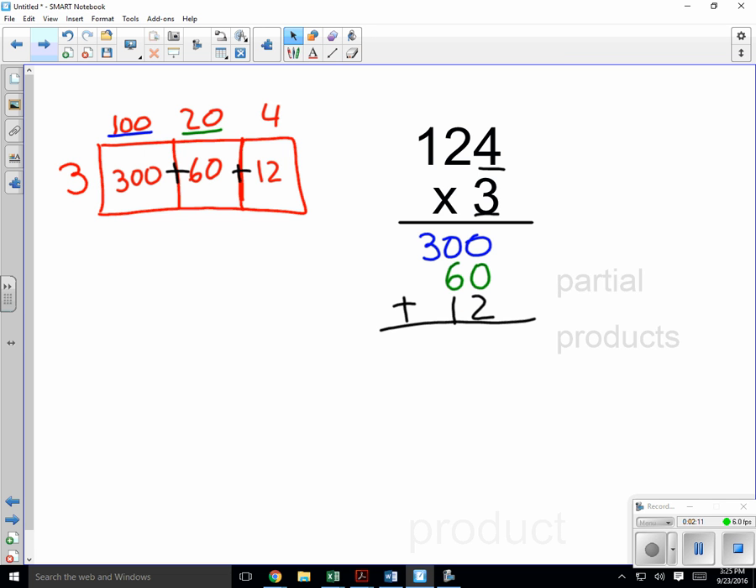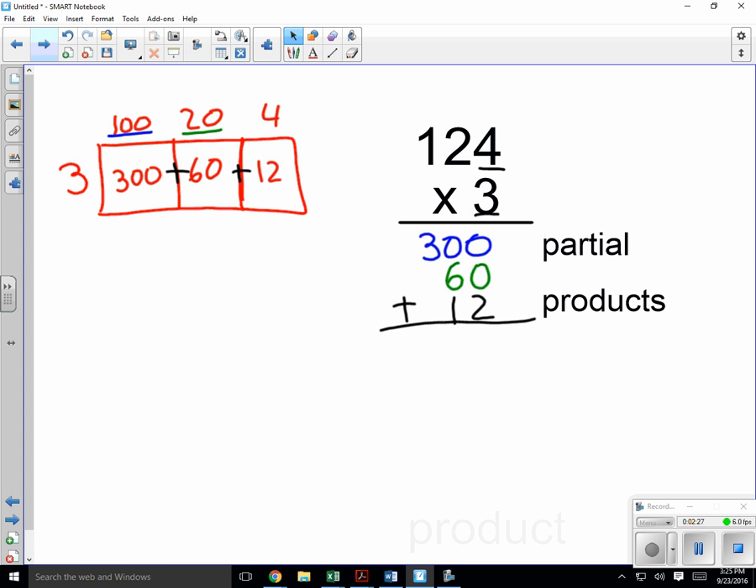We call partial products the parts of the product. Remember I showed you in class? Partial is similar to part. So we're getting part of the product, and we need all the parts of the product in order to get